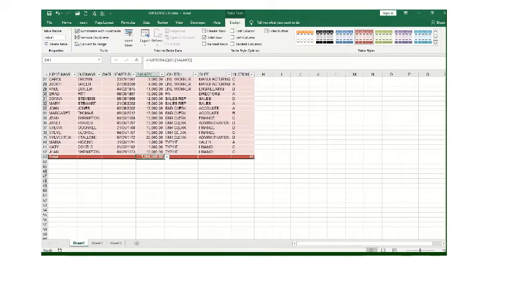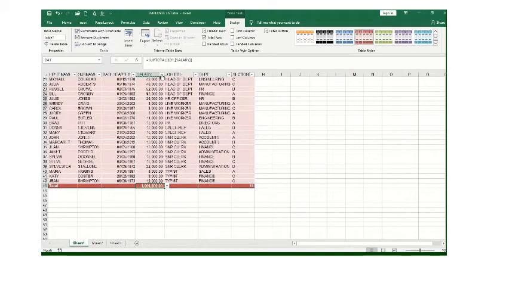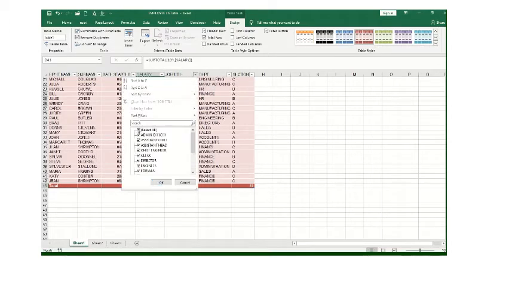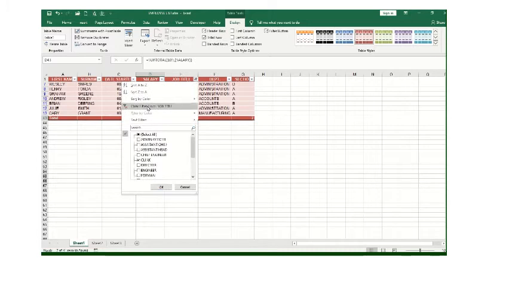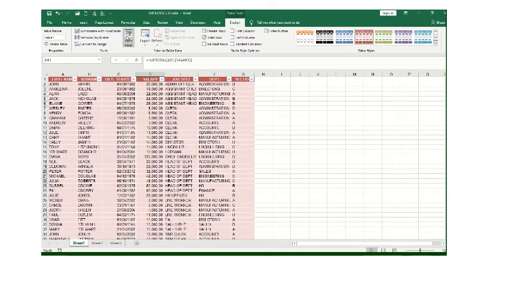But the beauty of subtotal is if I actually choose a filter, let's say I choose a job title, let's just have clerk. So I choose clerk, and now I have a subtotal of all the clerk salaries. So that's the beauty of subtotal as opposed to doing sum, which is probably what you've done previously. Another additional thing, I'm just going to clear this filter from the job title, and I'm going to insert a